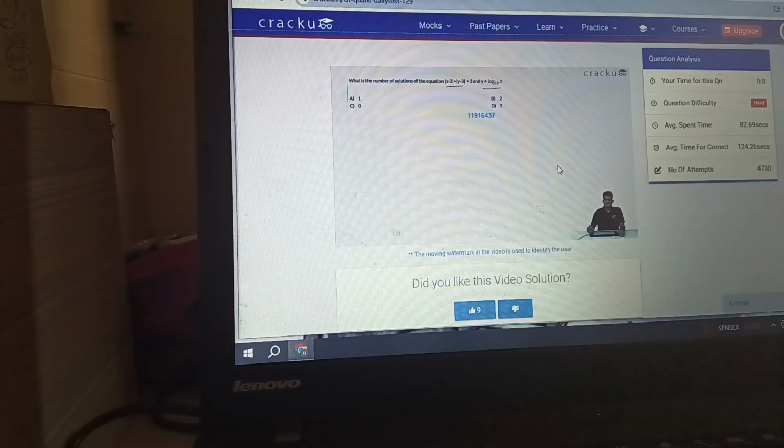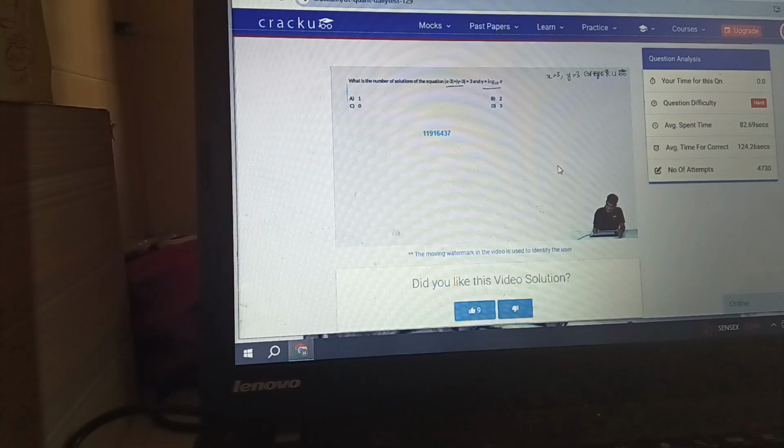In these kind of questions, it is always useful to first draw the graph and then see how many solutions, or how many points, both the equations intersect. If you look at the first equation, modulus of x minus 3 plus modulus of y minus 3 is equal to 3, we'll have to consider different cases. In the first case, if x is greater than 3 and y is greater than 3, the equation becomes x minus 3 plus y minus 3 is equal to 3, or the value of x plus y